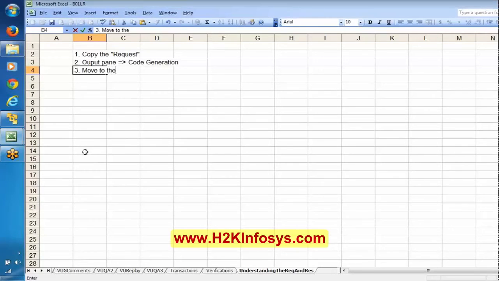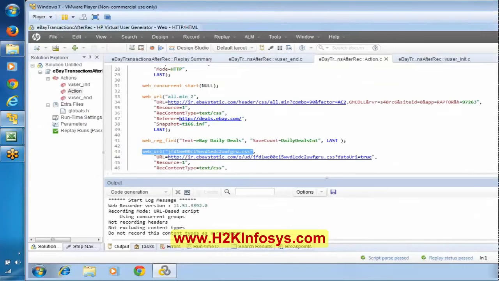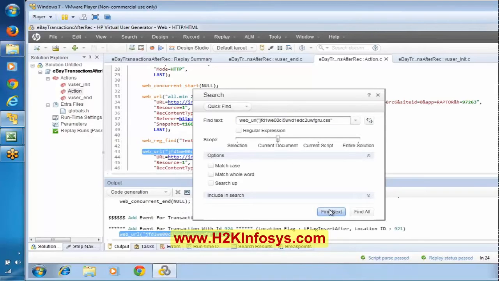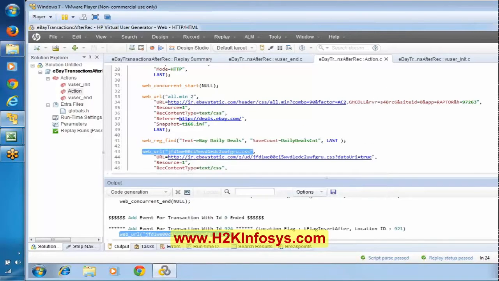Control F is going to open the searching window. Paste this particular URL here. Click on Find Next. Now if you see here, you are able to find this particular request over here.